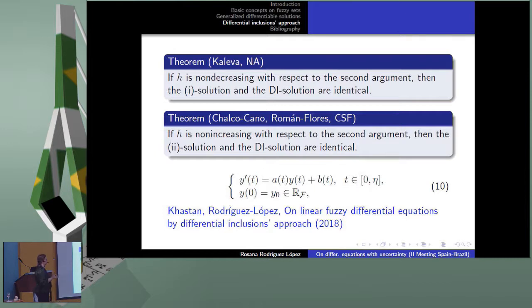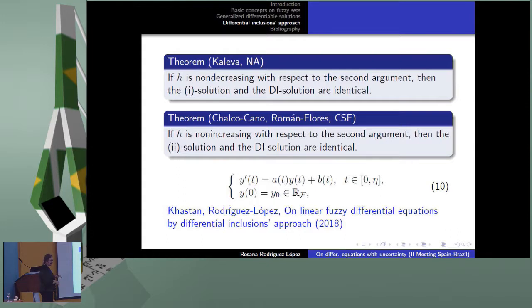I mean, if you have a process where it is supposed that the fuzziness is going to be less in time, okay, let's take that differentiability. So choosing a proper definition of generalized differentiability, you can adapt better to the properties of the phenomenon in question. Okay. But if you have an approach which gives the solution in a simpler way, and you know that it's going to be exactly the same as the 1 or 2 solutions, it is better to use this approach.